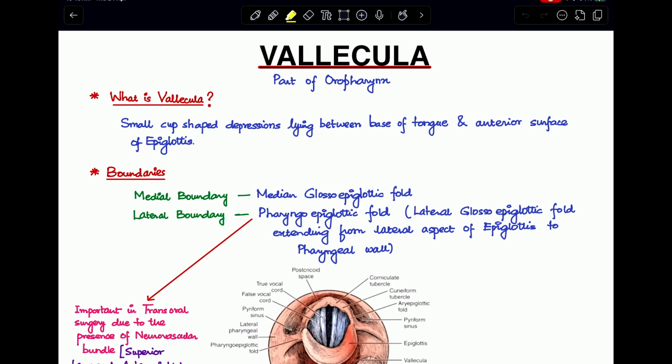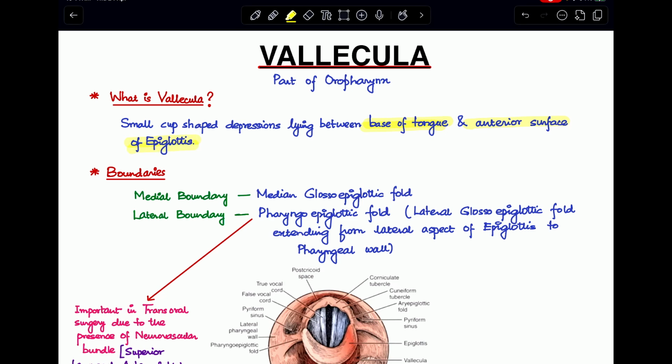Today I'll be discussing a very short topic, something that is a part of the anatomy of the pharynx. These are structures called the vallecula. Now, what are vallecula? Vallecula are small cup-shaped depressions which lie between the base of tongue and the anterior